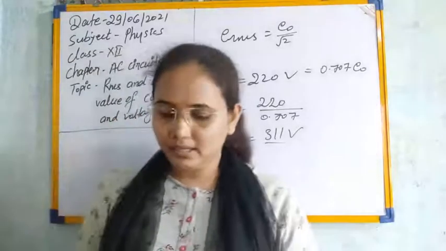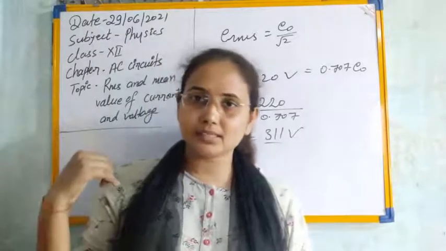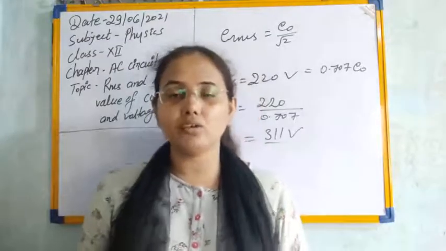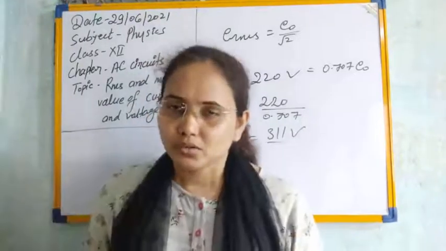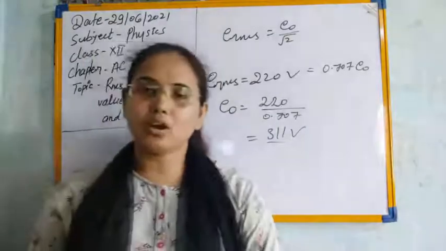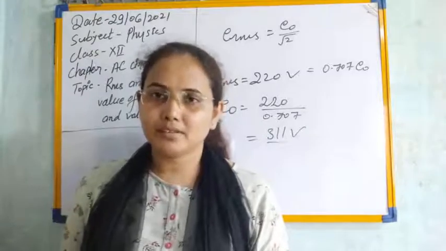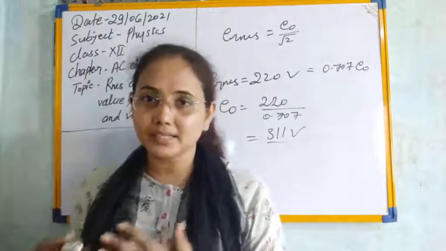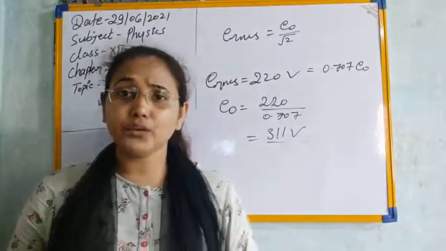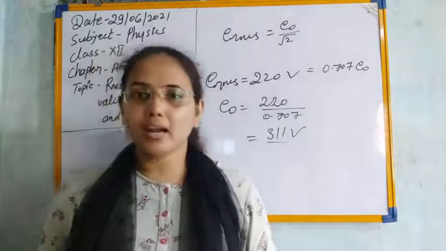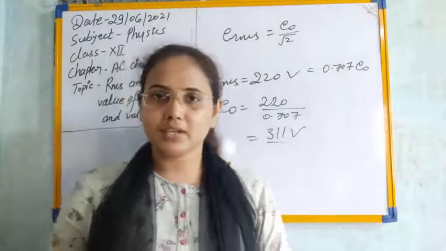So I think here the RMS value, the mean value, and the formula to calculate the RMS or mean value of voltages and current, that is all clear to you students. So in the next class, students, we will first solve some numerical problems based on the topics we have discussed up to now, like alternating voltage, current, its instantaneous value, its peak value, its mean and average value, and its RMS value. So let's solve the numericals in the next class, and for today let's end our class here guys.